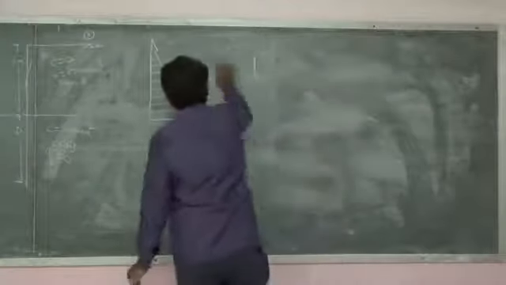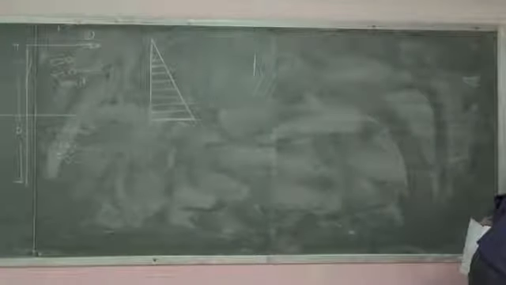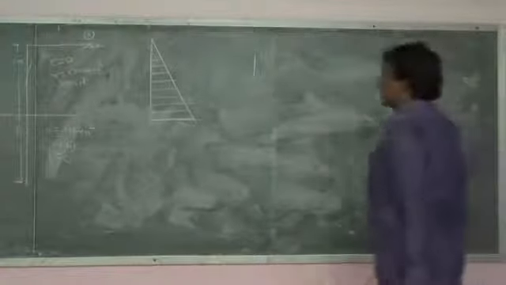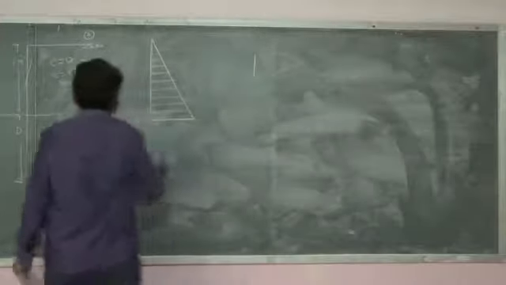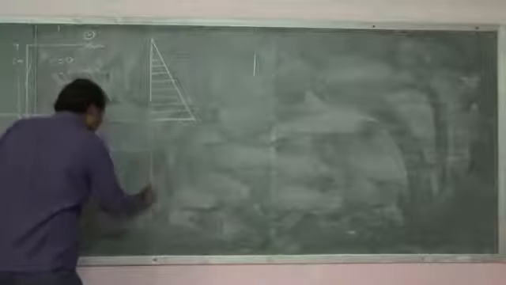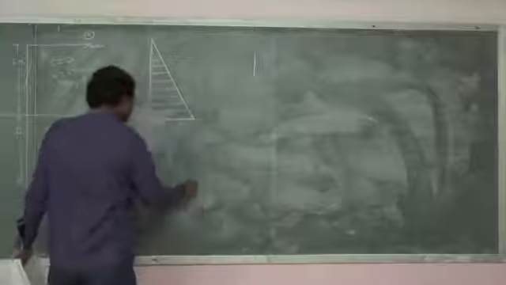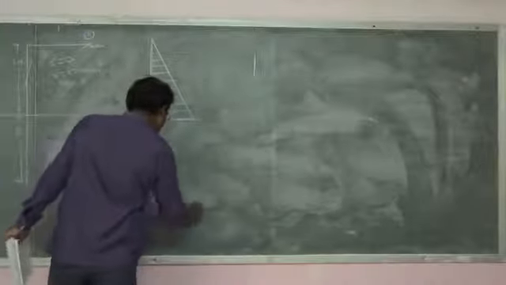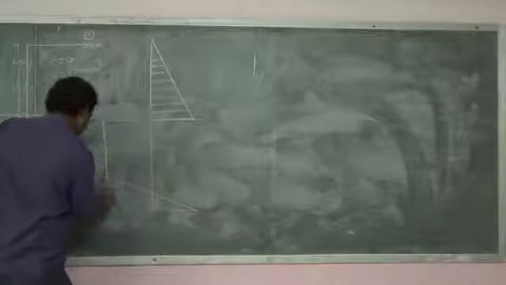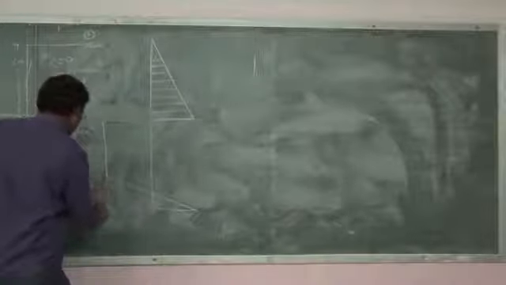Next question. Above the dredge level, sand is there, so the diagram will be like this. Below it, clay is there, and this is a cantilever type. So this will be like this. And this is going to be Z as usual, you know it.